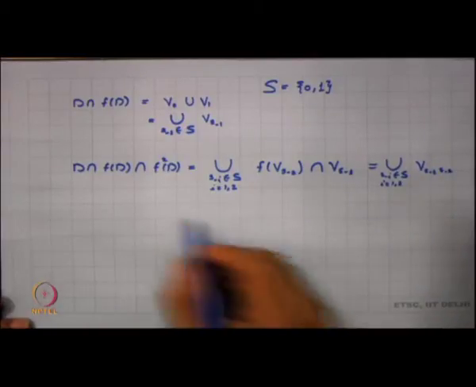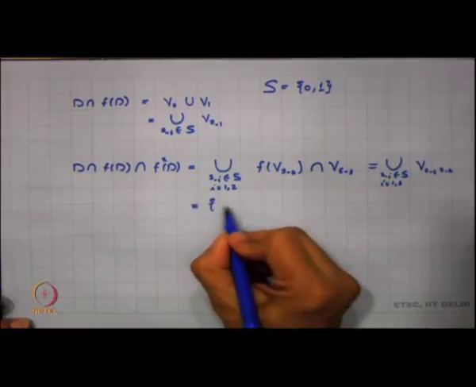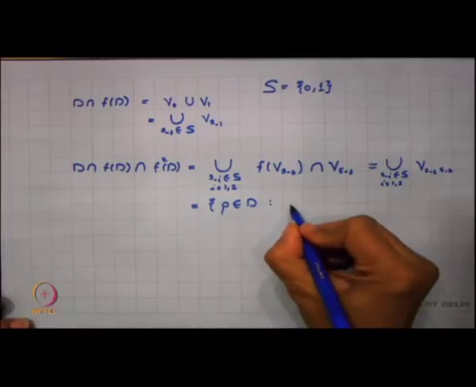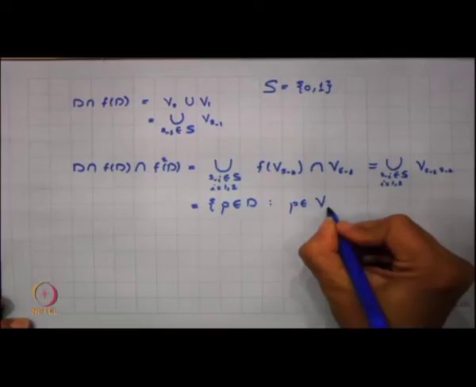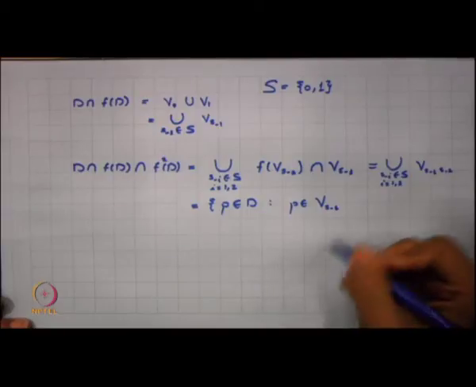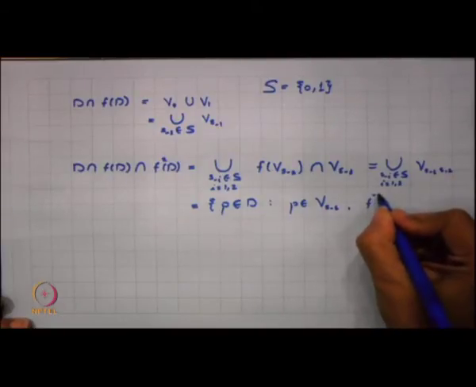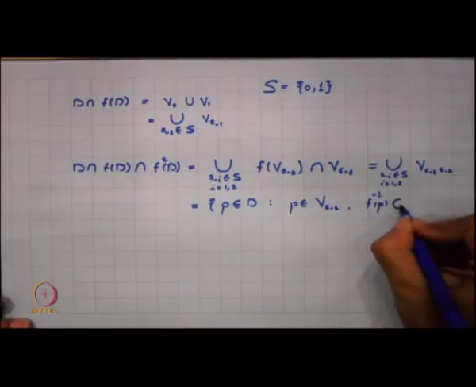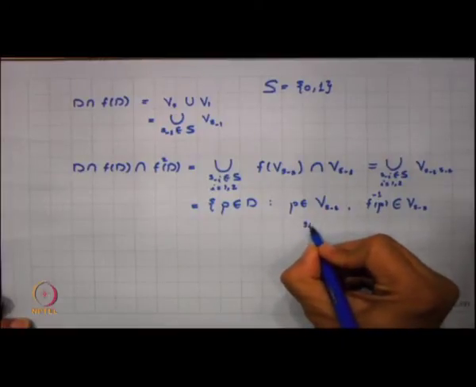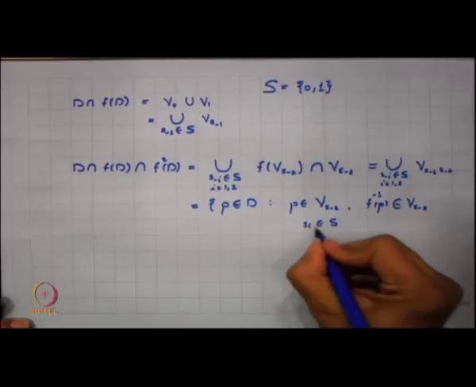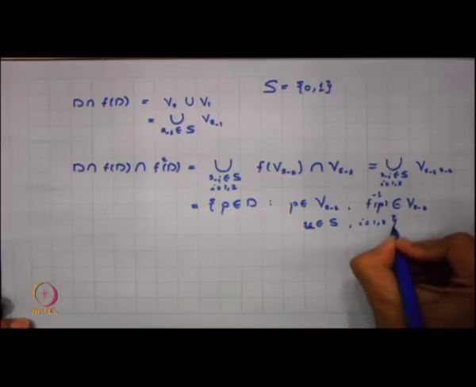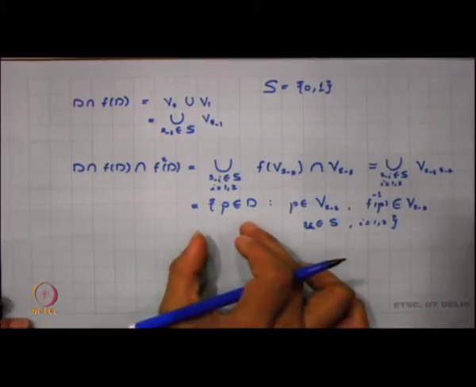What is this set? If we try to look into this set, I am essentially looking into all the points P in D such that P belongs to the vertical rectangle V S minus 1, and then we know that the image of a vertical rectangle is a vertical rectangle. So, basically I am looking into f inverse P belonging to V S minus 2, where again S minus I belongs to S, and I is equal to 1, 2. So, I am looking into essentially these points.